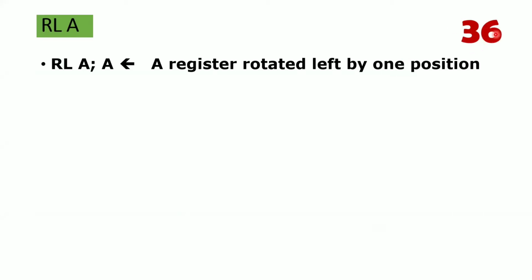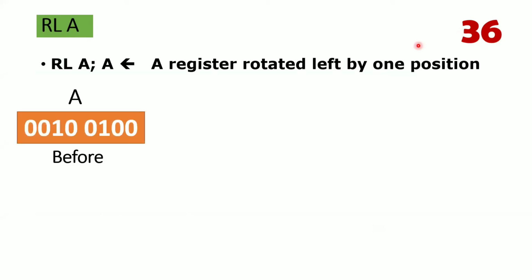Now I am converting the decimal number into the binary number system. I am not converting to hexadecimal, I am converting into BCD. I'm sure you know the BCD. Now 36 is converted into your binary system. If you know 2 power 0, 2 power 1, 2 square, 2 cube, 2 power 4, 2 power 5, 2 power 5 is 32, and this is your 4, 2 square. So 32 plus 4 becomes 36. I am sure you know that conversion, right? So now the A value before is 36.